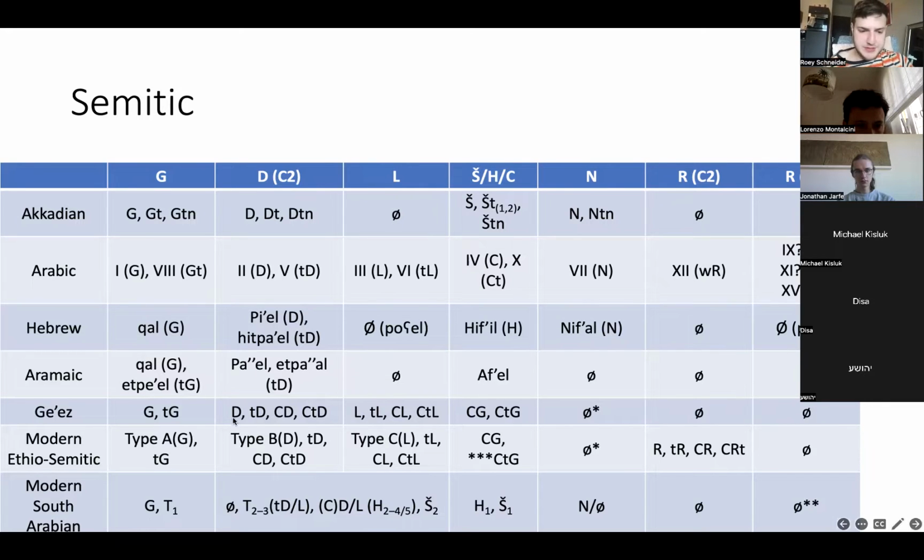Also you can see here that, okay, so I can mention that in Ethio-Semitic and also in modern South Arabian, probably you can add the causative morpheme to the D as well, having stems like CD, afa'ala, and atfa'ala, or something like that, which is pretty much what we have also in modern South Arabian. We think this is probably the CDL, CD or CL, but we can't tell the difference. But these are actually just called H2, H3, H4, H5. And the Shin 2 is just the CTD.